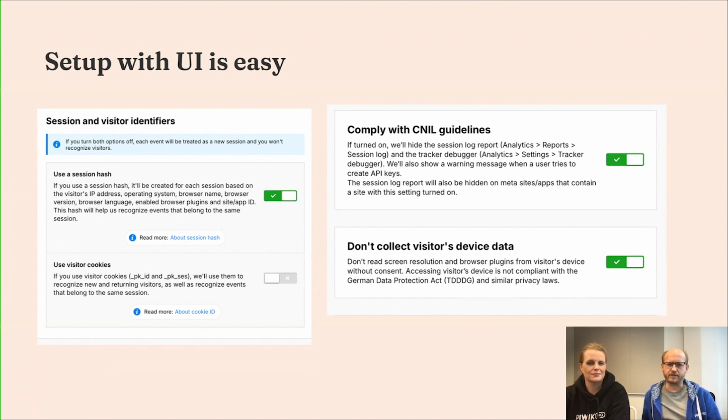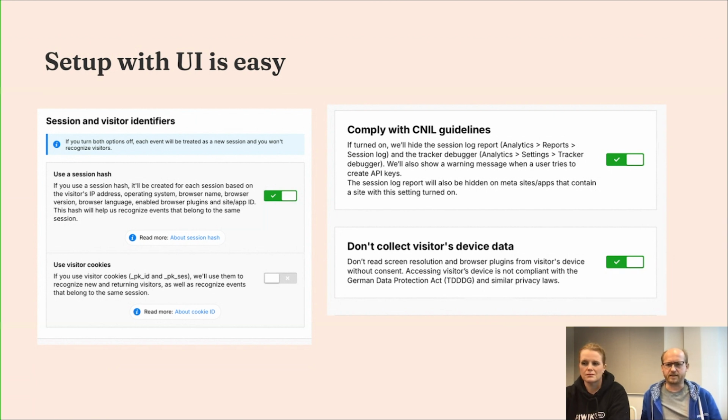This is also interesting because it stops reading screen resolution and browser plugins from the visitor device without consent, and this makes it even more difficult to use the raw data for separating users based on their browser data.